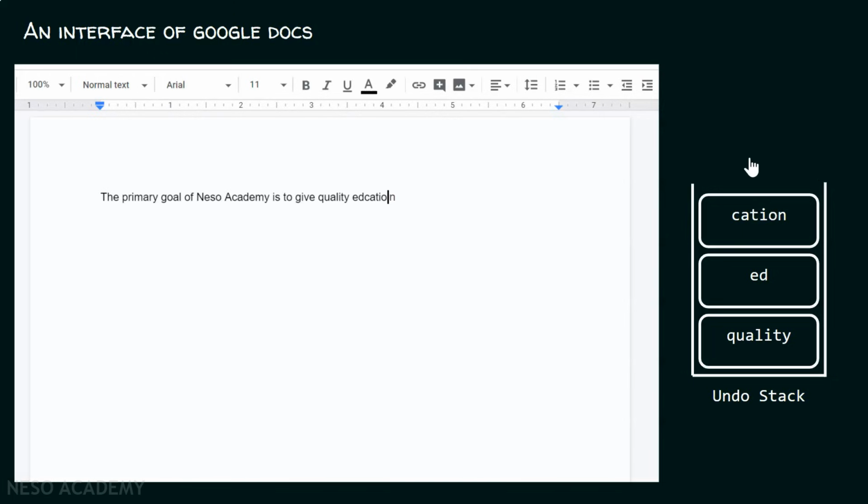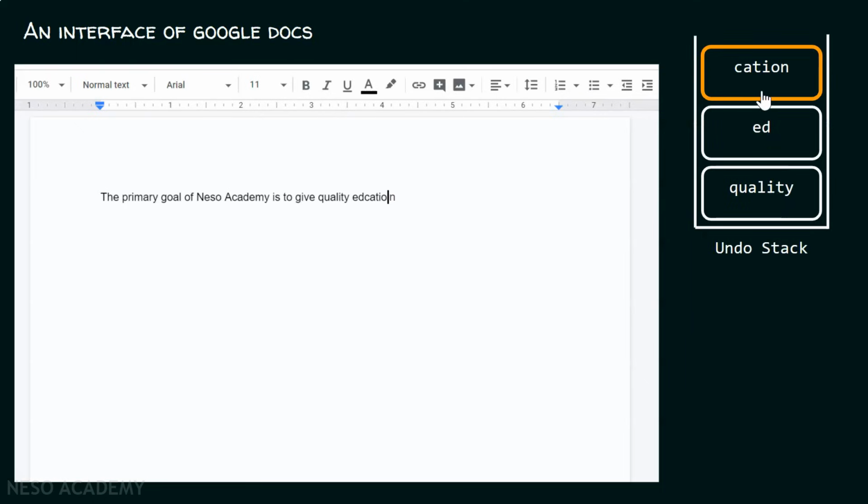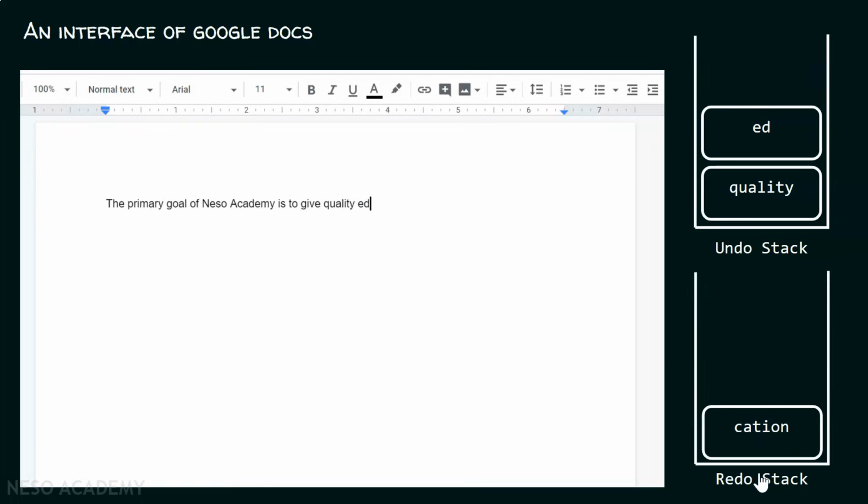Now, when I press Ctrl Z, then I know it means undo, right? So what it does is it selects the top element and it pops that element out of the stack and places it in the redo stack. That is why we can see here that cation gets removed when I press Ctrl Z. Ctrl Z means undo the operation which I have performed. Here in this case I have entered cation. I just remove that out of the stack, and then that particular element will get placed within this redo stack. Why is it placed in this another stack?